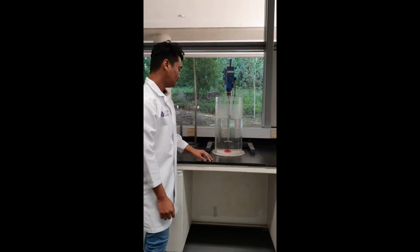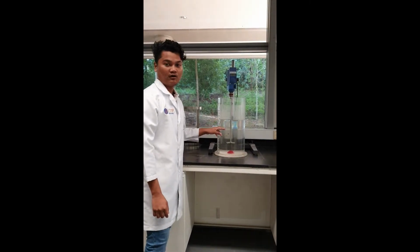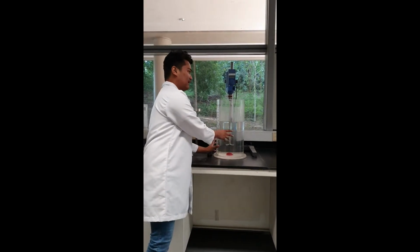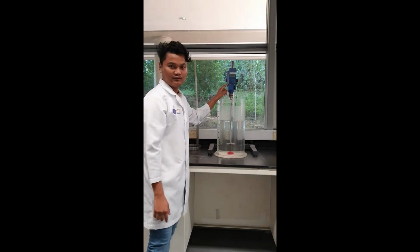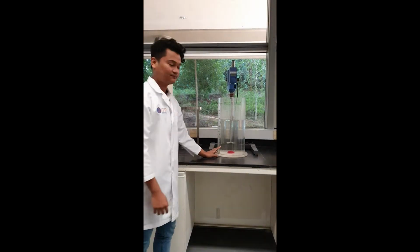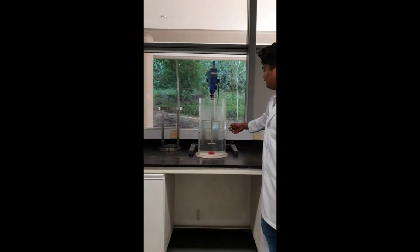First of all, we fill up the tank until 3/4 of the tank size. And then we place the tank at the middle of the funnel. And then we install the impeller until a certain height and saturate the height. Then we switch on the switch,